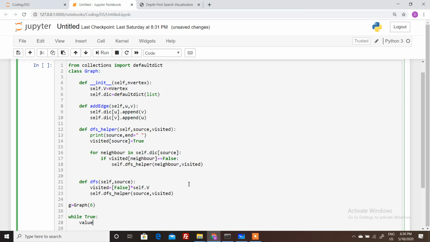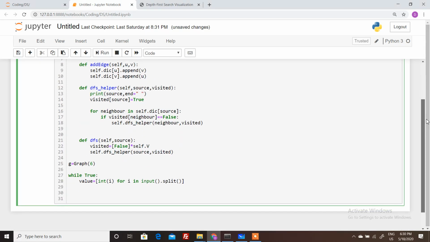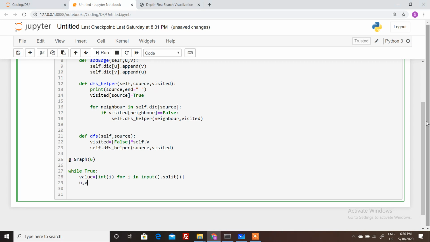we need to create the edge. Let's create node u comma v as value of 0 and value of 1.